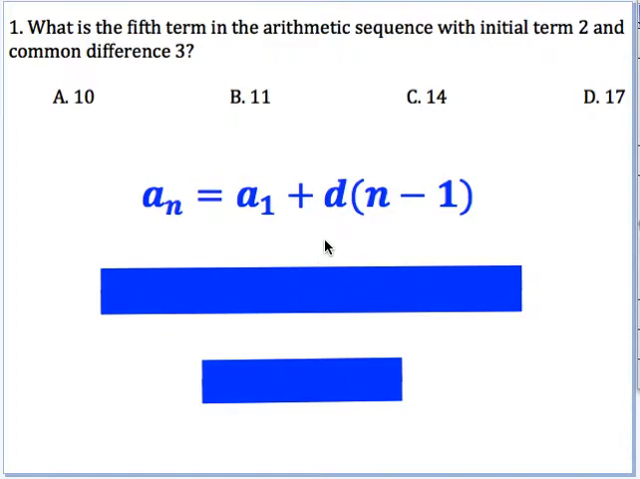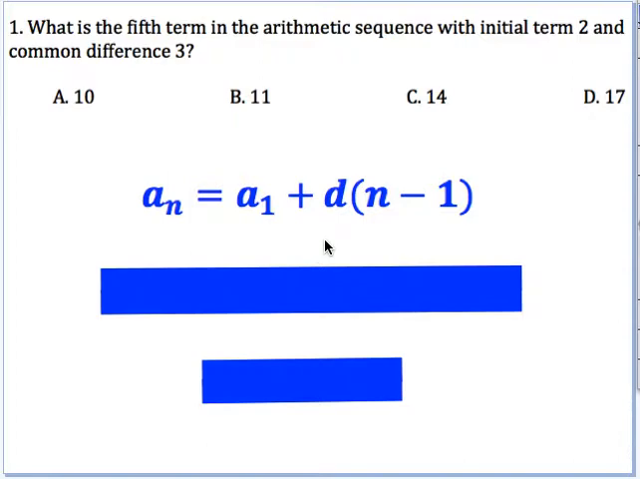I'm starting the review for your Unit 10 test. There's several questions to it. We'll try to get through all of them. Now with this one, it's all about your sequences and arithmetic and geometric patterns. The first question is, what is the fifth term in the arithmetic sequence with initial term of 2 and a